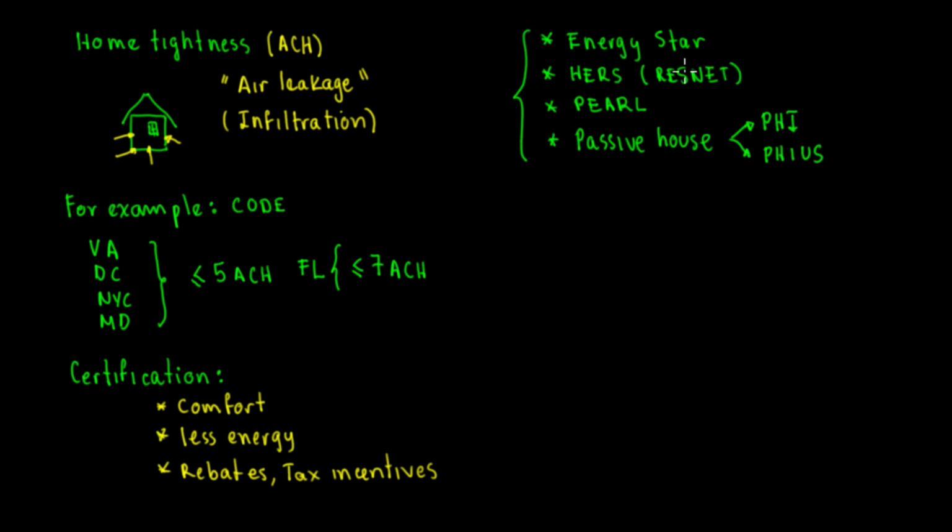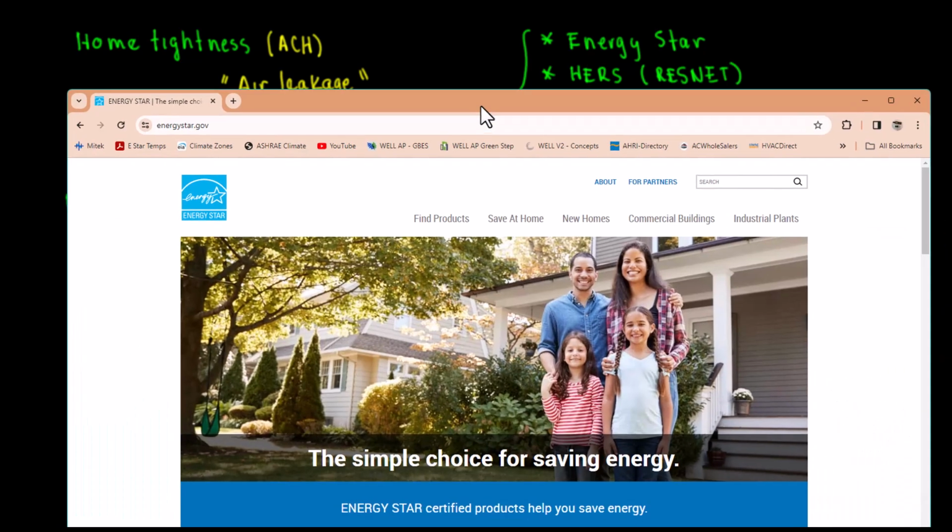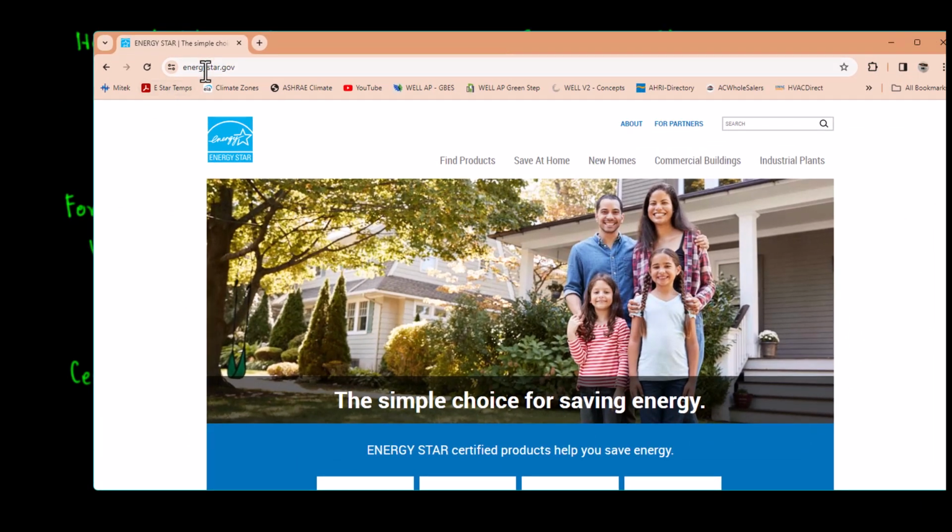For example, if you want to have an Energy Star Home certified, I'm gonna show you a very quick example of what the requirements are. Okay, so let's see. I'm gonna grab Google here. If you put in Google Energy Star, energystar.gov, you have this website in here.